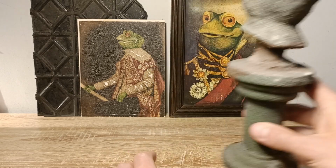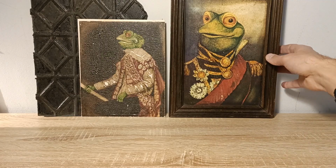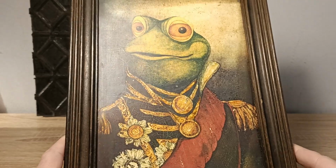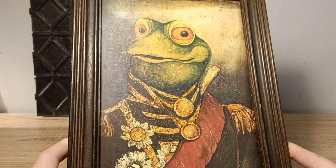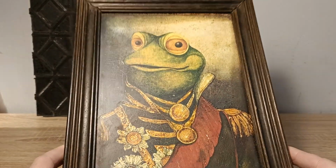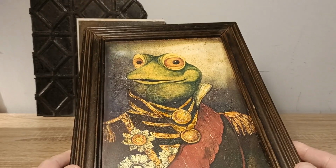So yeah, there's that. And then finally we're on to a couple of paintings and a section of the Toad Hall panelling. So let me just bring this one in first. This is probably a very familiar one. This was given to me during my work experience. Yeah, I was absolutely gobsmacked really when they said I can keep this,